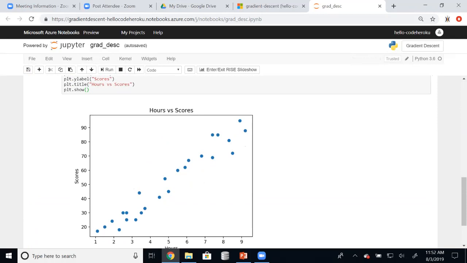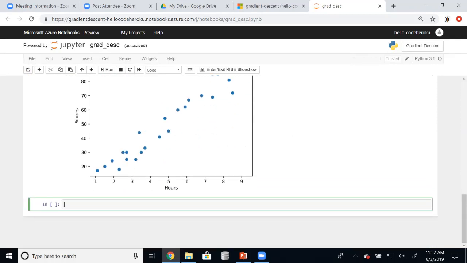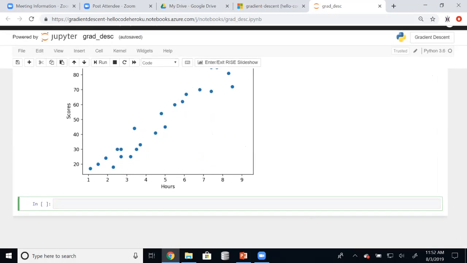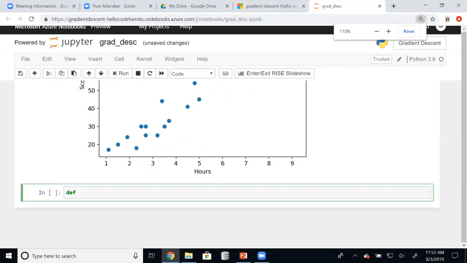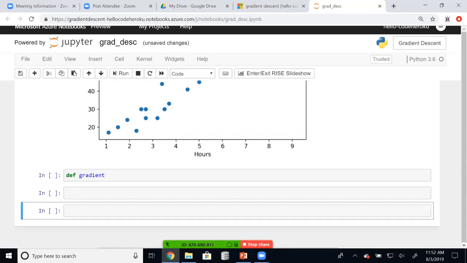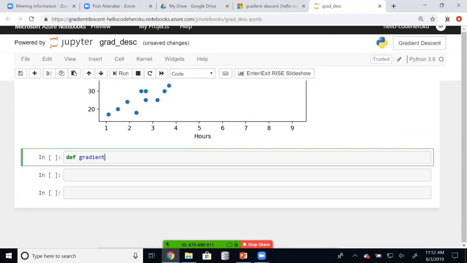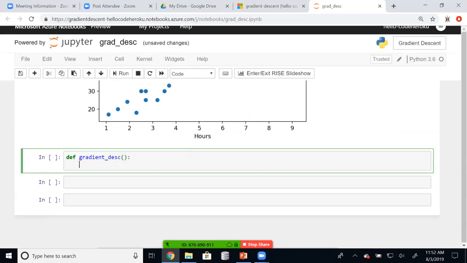Okay, all right, so let's go ahead and write our gradient descent algorithm over here. So I'm going to come over here and I'm going to say define gradient descent. All right, so I'm going to write a method gradient descent, which will implement one iteration of gradient descent at a time. Okay, to implement this gradient descent algorithm, I need to give my data set, the input data set